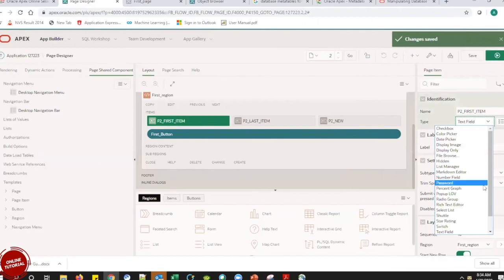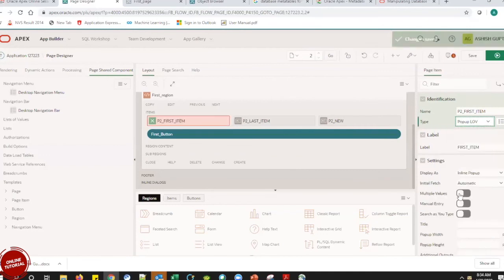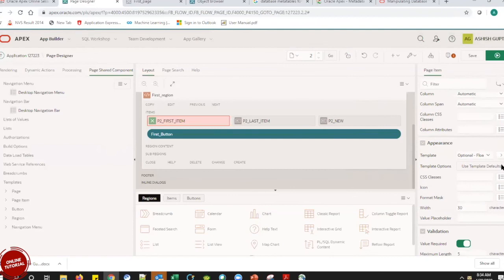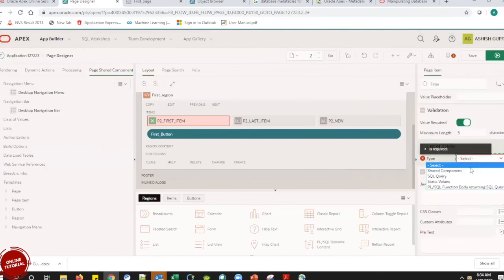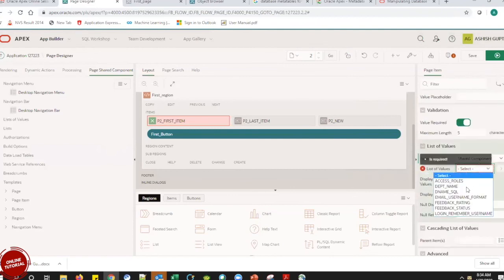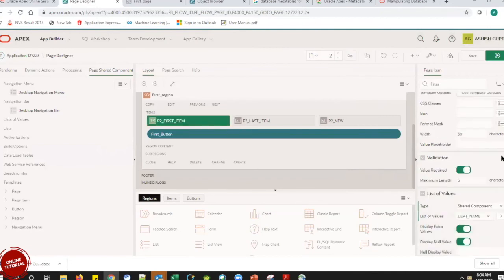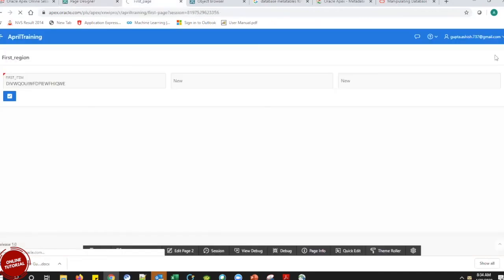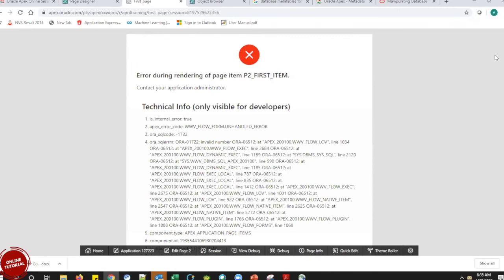Okay, so here we were about password. We have again percentage graph. We are going to see this later, because when we are doing a chart, we can understand this. We have pop-up LOVs. Now, what is this pop-up LOV? We are going to select the item for this first, the shared component and my list of values. My pop-up value, like when we have many values, it would be like a pop-up and the value would be coming up in the other screen, in a pop-up screen.